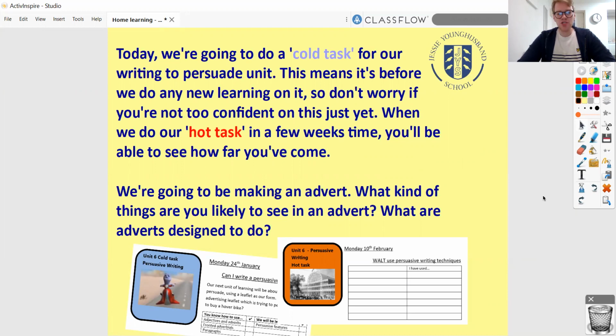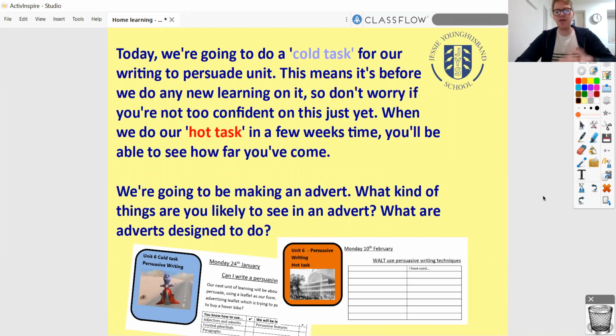If you're in school, of course, it's a really nice opportunity for your teacher to see what you can already do, so I can adapt my planning and tweak what we're doing to match your starting ability, if you like. But even for you guys at home, I think this will be really useful for you as parents. You can see what your children already understand by this. It might be a lot.